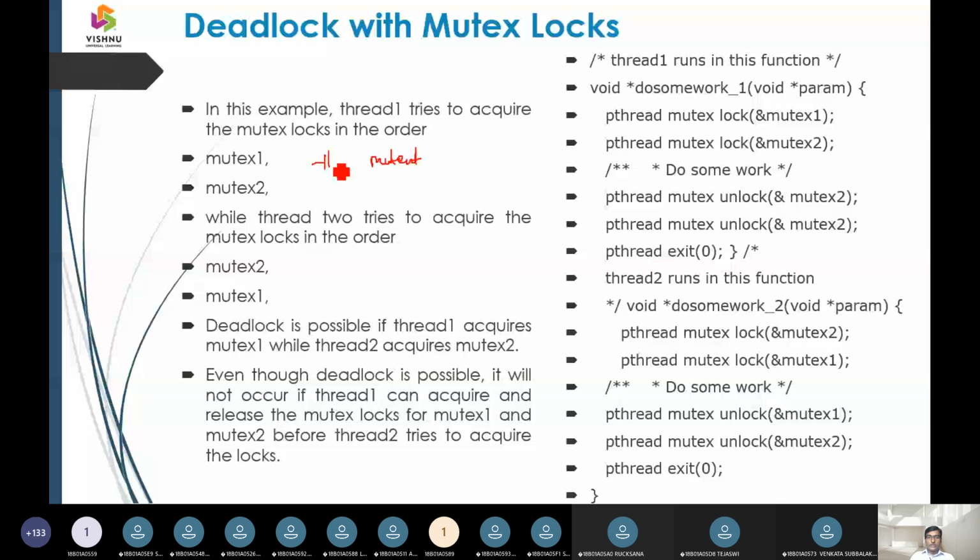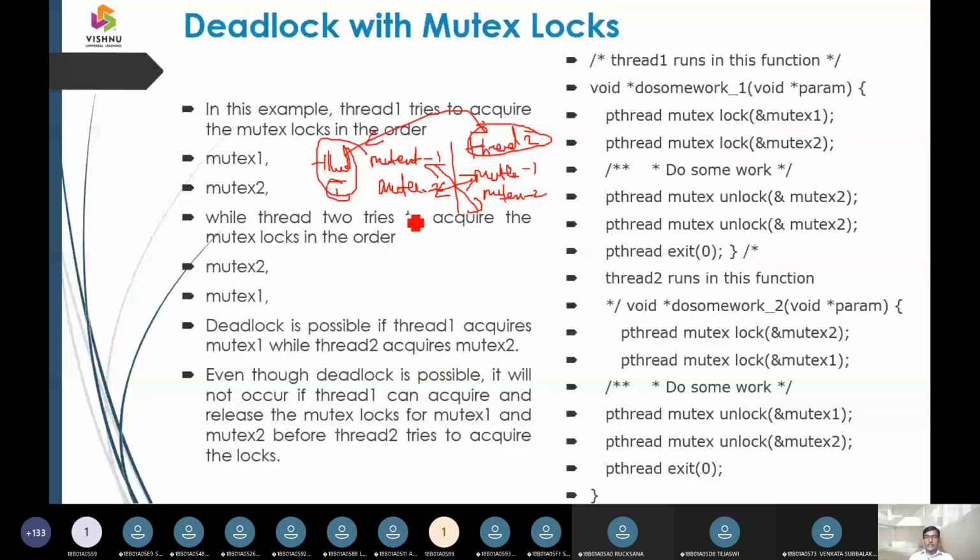This is mutual exclusion 1 and mutual exclusion 2. Mutual exclusion 2 calls the thread within process P1, and this one goes to process P2. So this is thread 2 and this is thread 1. There is a vice versa operation between mutual exclusion 2 and mutual exclusion 1.